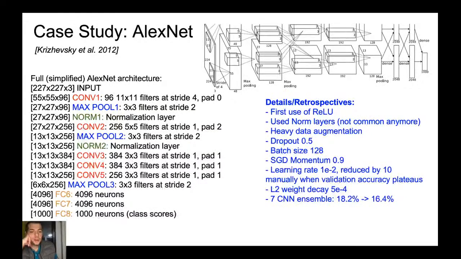They started with a learning rate of 0.01, and they reduced the rate by 10 each time the validation accuracy reached a plateau. So in the end, they use an ensemble of 7 CNN models to obtain this top 5 error rate of 16%. And yeah, about the training time, which I mentioned earlier, it actually took them around 2 weeks to train